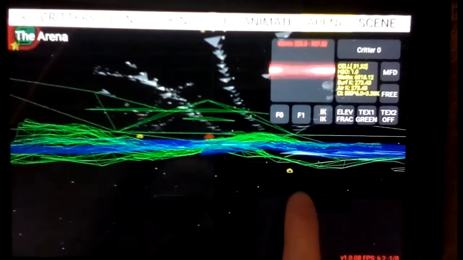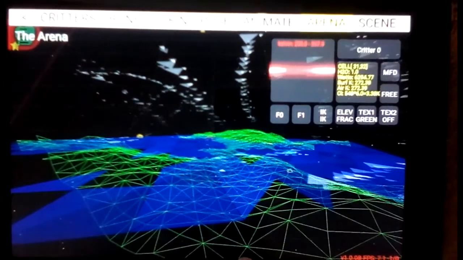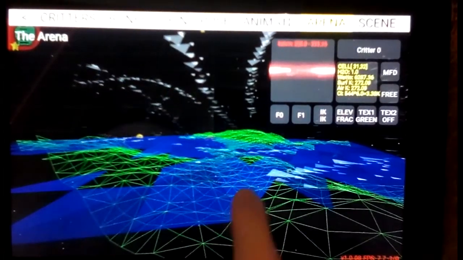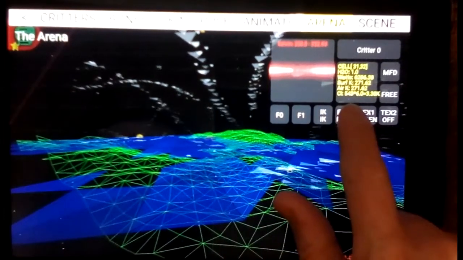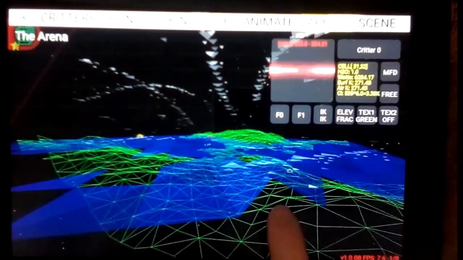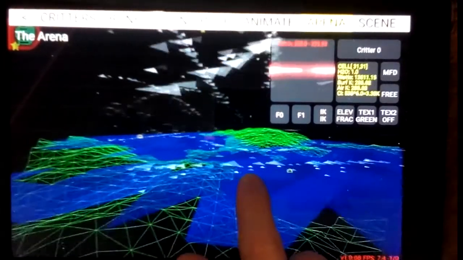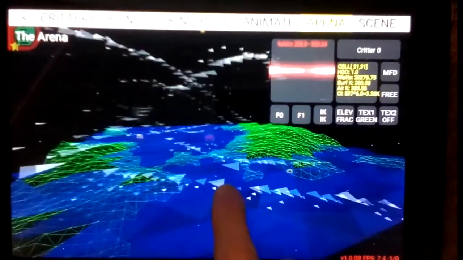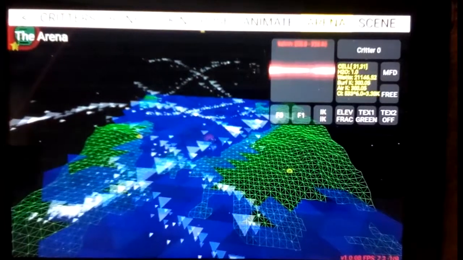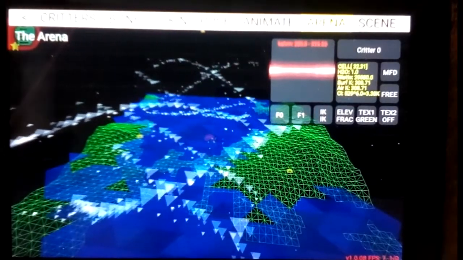So the frame rate's still not game worthy. 7 frames per second with 542 clouds. Now I want to have only like 100 clouds and depend on them growing larger. The 100 best clouds. And there again, I can have 1,000 clouds, but then only render the 100 best ones. I mean,